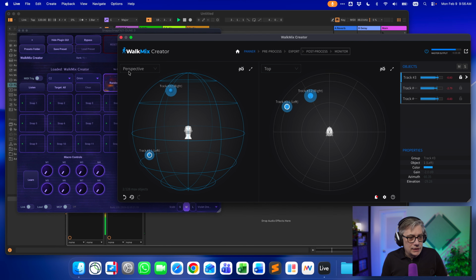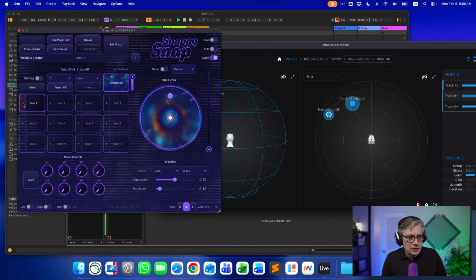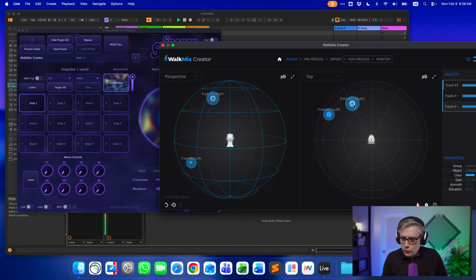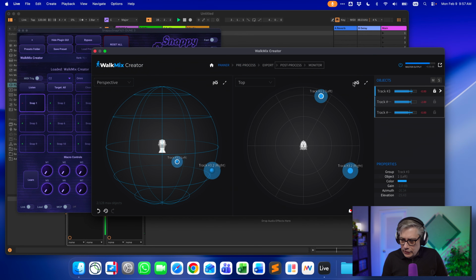And what I can do now is I can simply create snaps, and I have the possibility to create 12 snaps. So let's just add a snap here, click on the button here, and then I have this one snap. So if I now go back to the WalkMix Creator and move these objects around, and then maybe for the left one, let's set that back to 0 again.